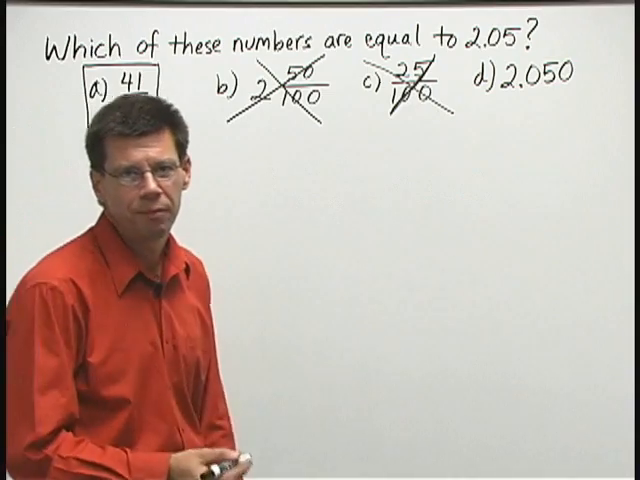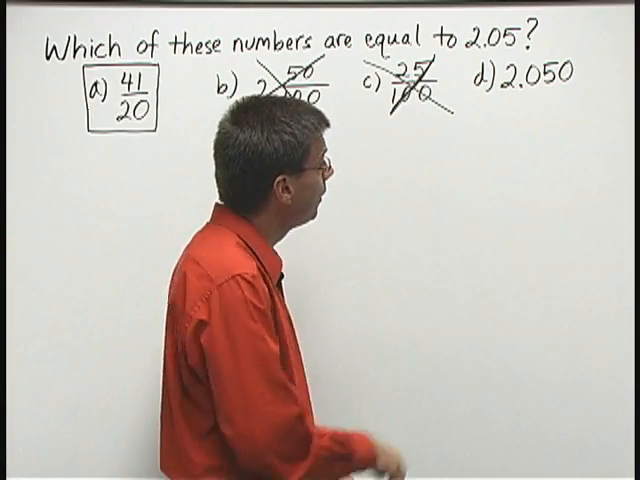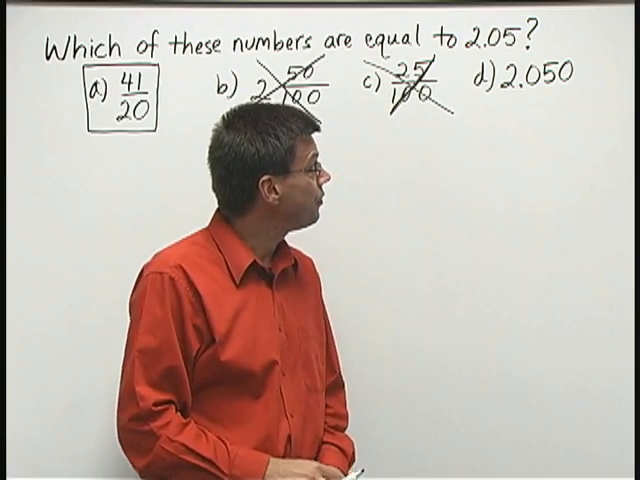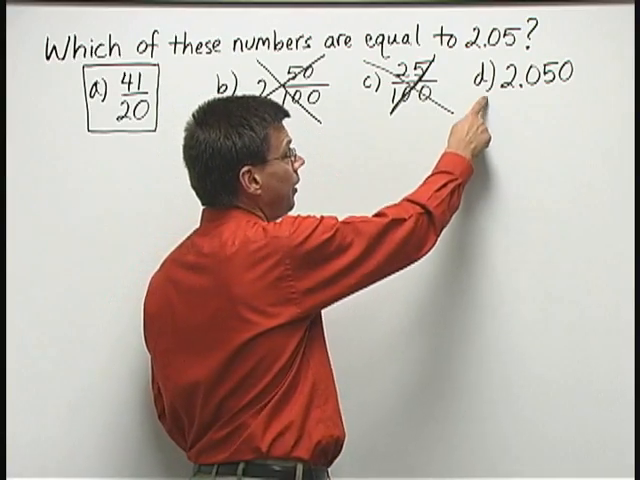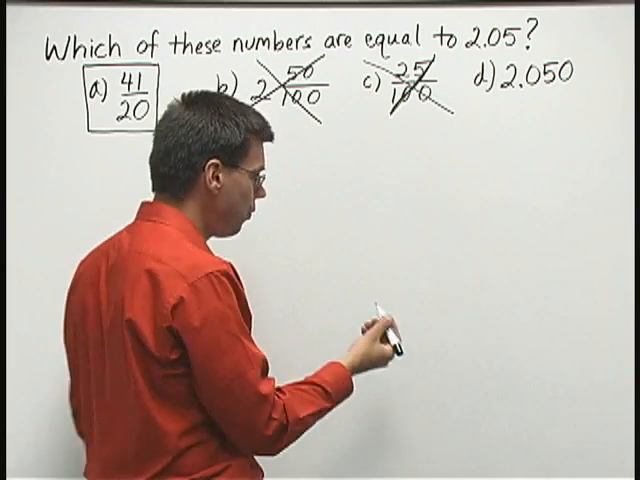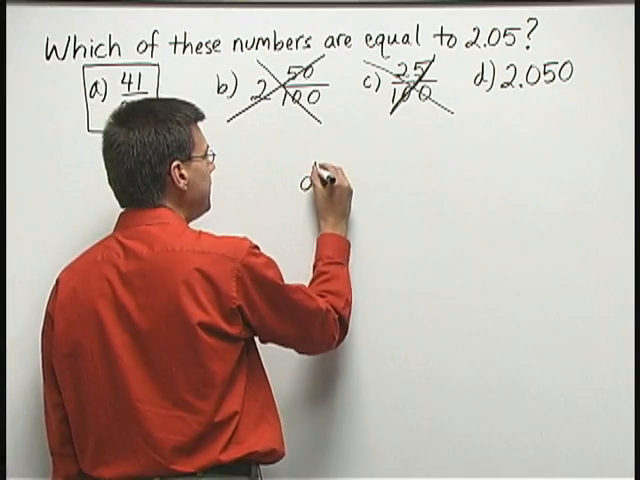So we have one more number to look at here, D, 2.050. And the good news is it's a decimal. Our original number was a decimal. We have both written in decimal form. Let's take a look at D,